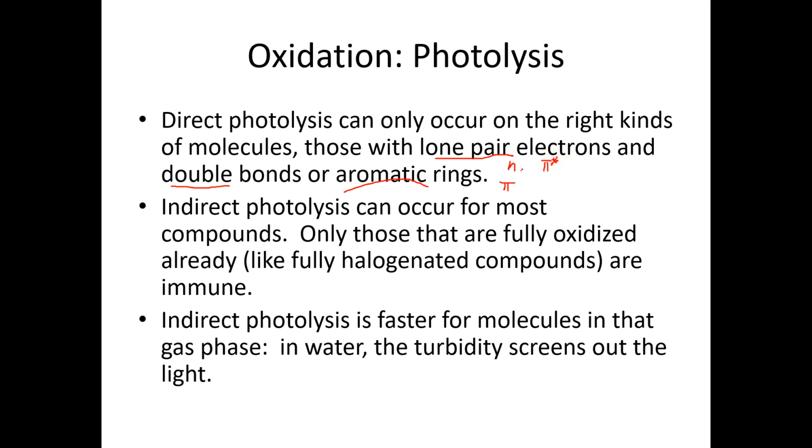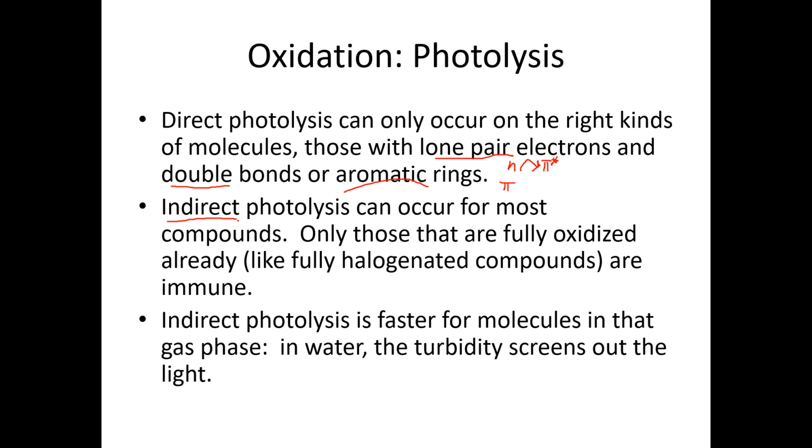And so the transition goes from n to pi star, and that's a relatively small energy gap. So chemicals that have lone pair electrons right next to double bonds or aromatic rings are liable to undergo direct photolysis. If you don't have that kind of structure, then you have to ask yourself, well, maybe my compound can